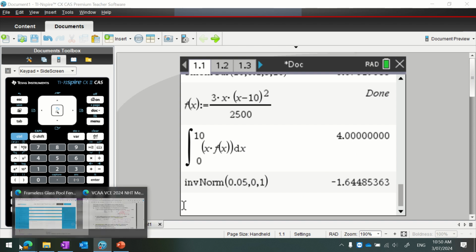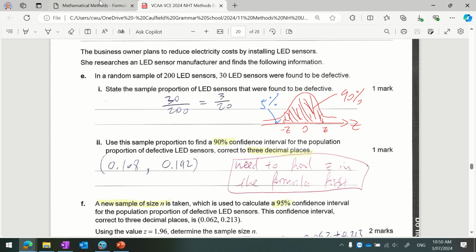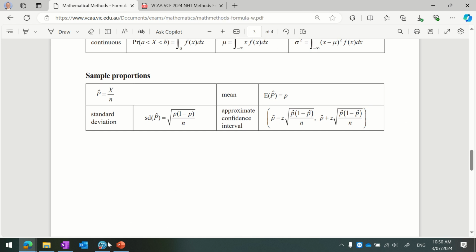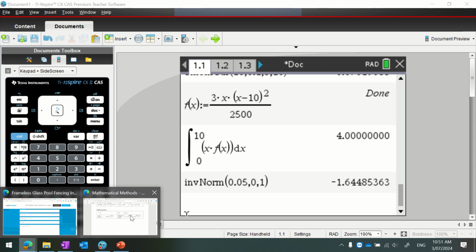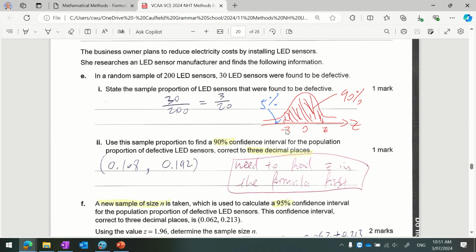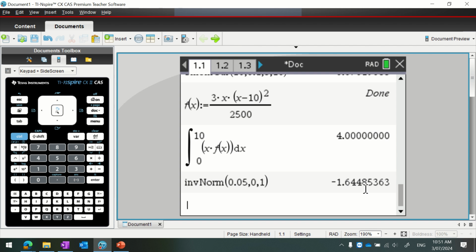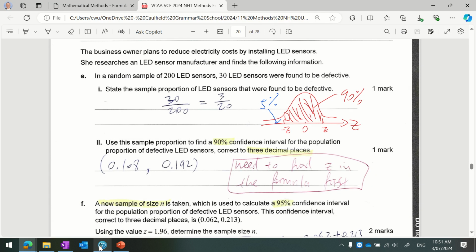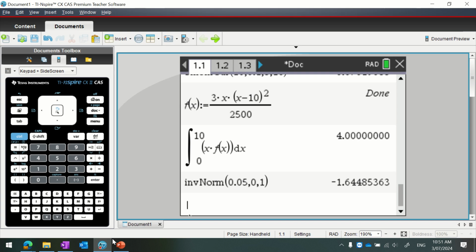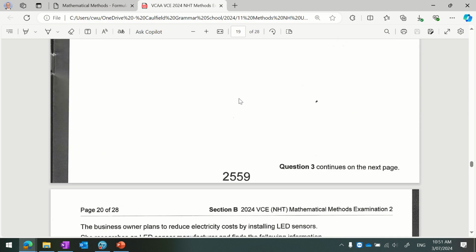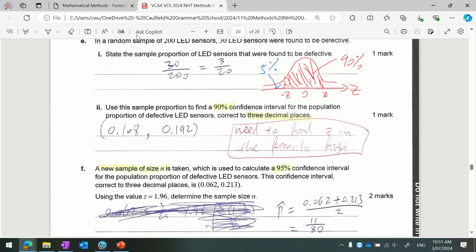So here, the z value in the formula is this number, 1.644. It's negative in the calculator, but that's what we expect, because I'm looking for negative z. So z itself is 1.644. Once I have that, I can type those things into my calculator. 3/20, that's my p hat. Yes, 3/20 is my p hat